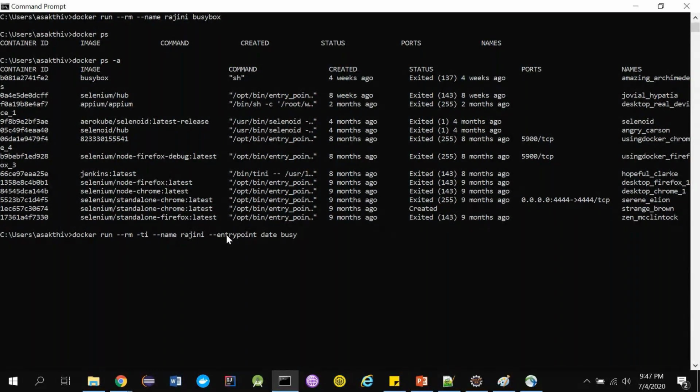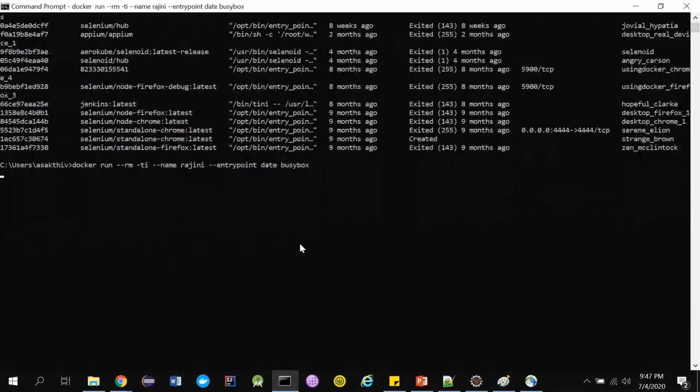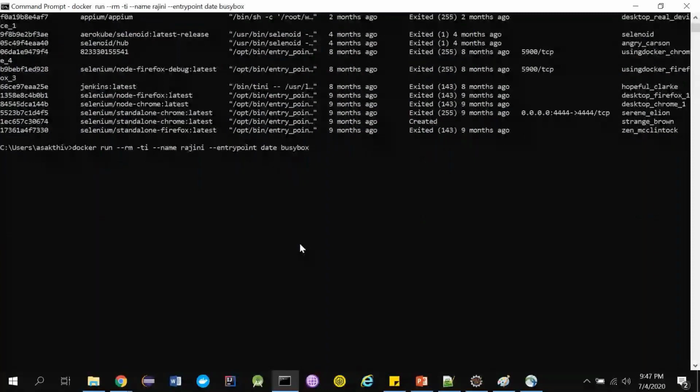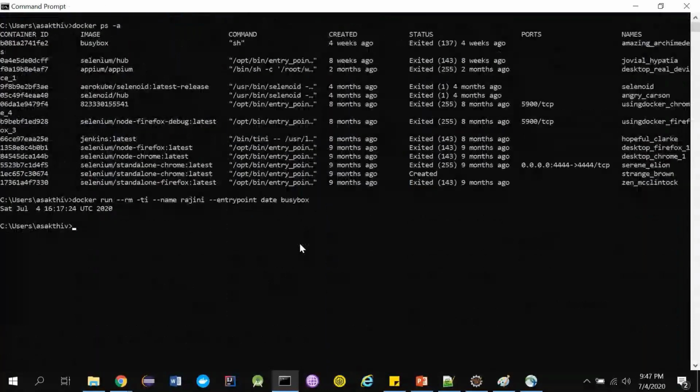If you can understand this whole command, guys, you're becoming an expert in Docker. Let me quickly run it. See, it executed the date command automatically. Previously it only took me to the shell.